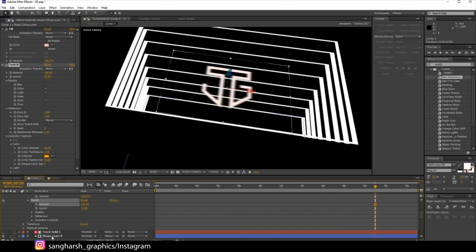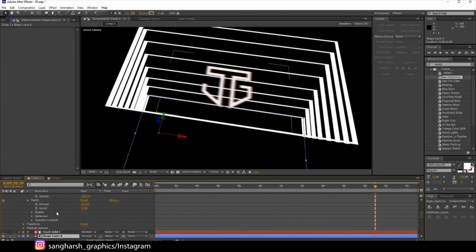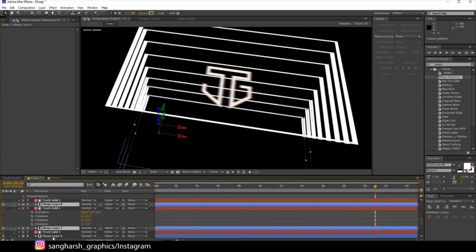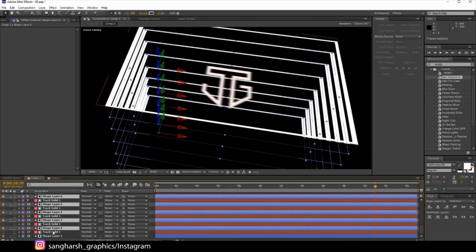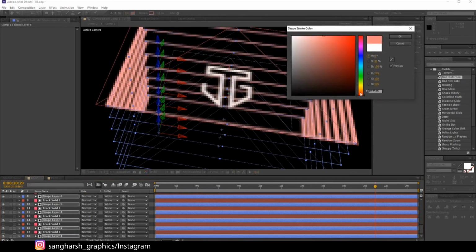We can change the color of our lines. Just select all of the lines. Go to stroke color. Let's just select a burning like depth. This one color will be fine.